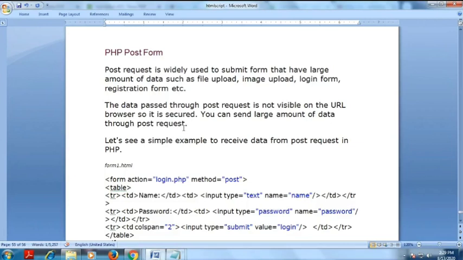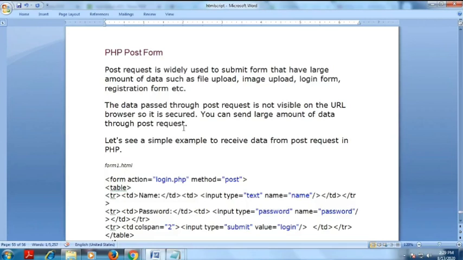With a GET request, you can send only a small amount of data, it is displayed in the URL, and it is not secure. With the POST method, the values are sent but not visible. At the same time, you can send a large amount of data through POST requests.